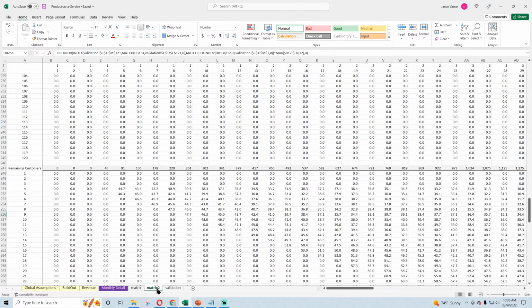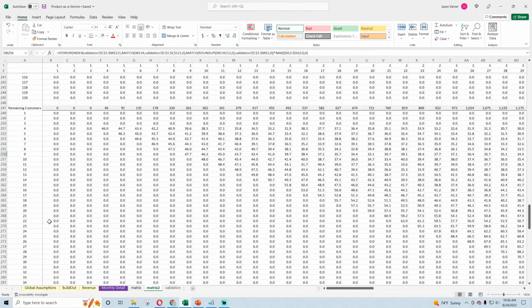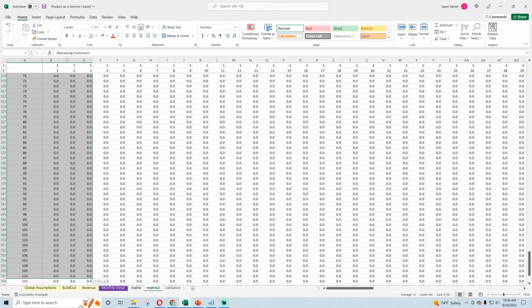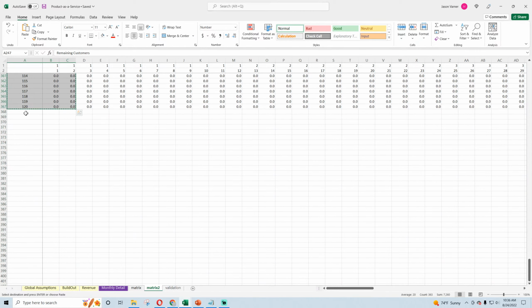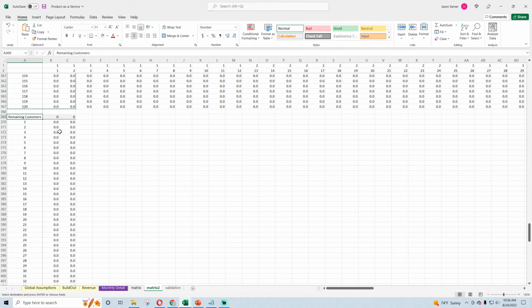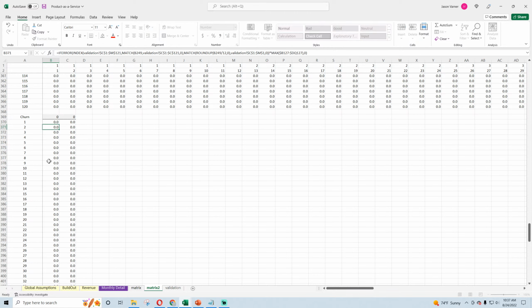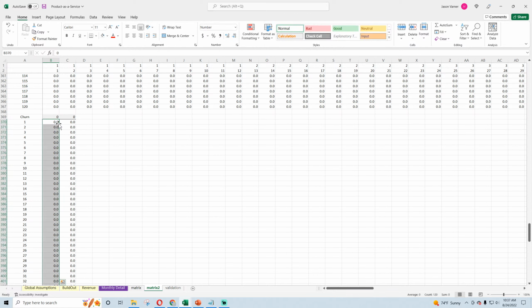Okay, churn. So to get churn off of this, I take the difference between each month on the remaining customers. And you can see how we can then reference all of these numbers, and then reference the assumptions for pricing and all of that to get the revenue we're going to earn from selling subscriptions for access of the products.